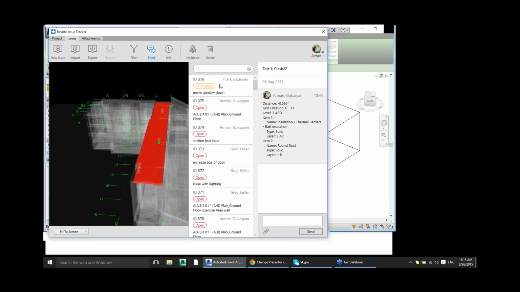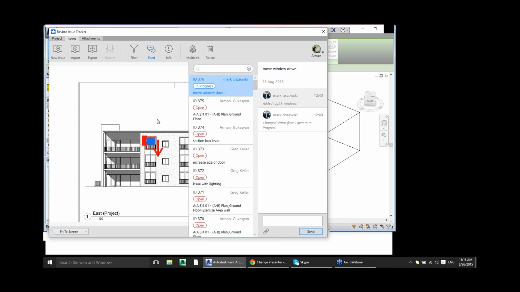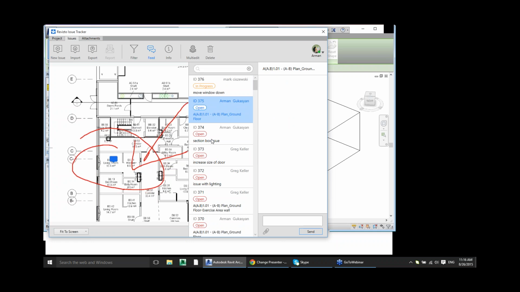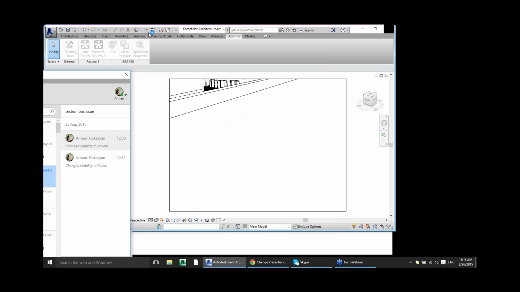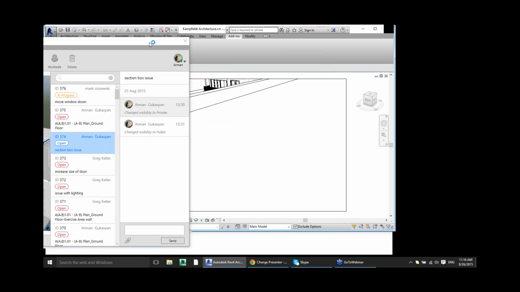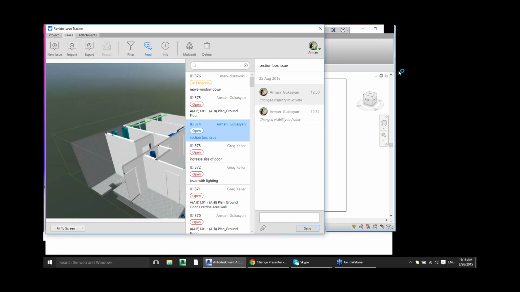But the issues, let's say this one, Windows should be, somebody just created an issue on the 2D sheet, or let's say on this section box issue. Each issue has its feed. If I double click on it, it will open the same thing here in my Revit, the same view.